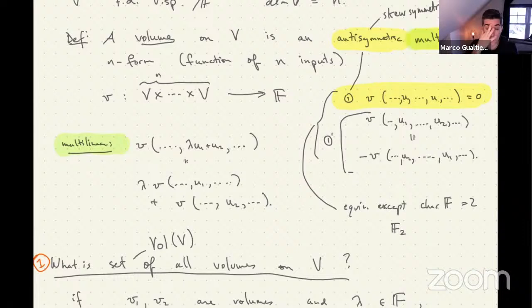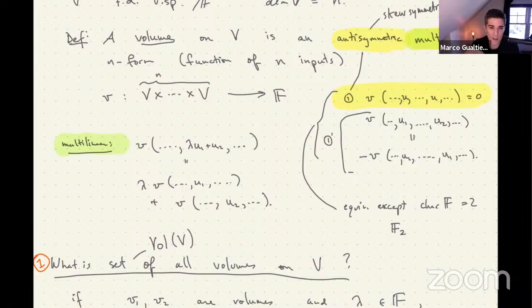Okay, so this might be what Diba was referring to, which is that once you know the value of the volume on a basis, that tells you the volume of the basis box, and that's all you really need to know, because if you wanted to know the volume of some other box, you could basically chop it up into pieces, and you could compare it to the basis box, right? And if it was 7 times the size of the basis box, then you would multiply the volume of the basis box by 7.